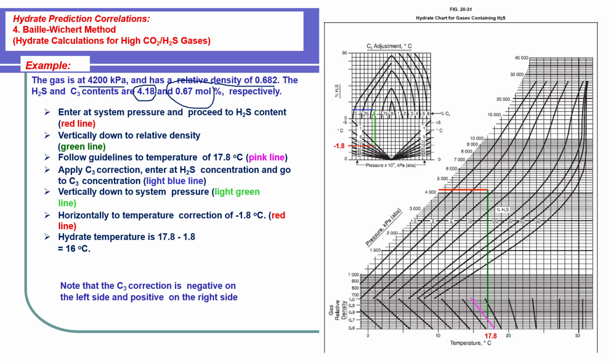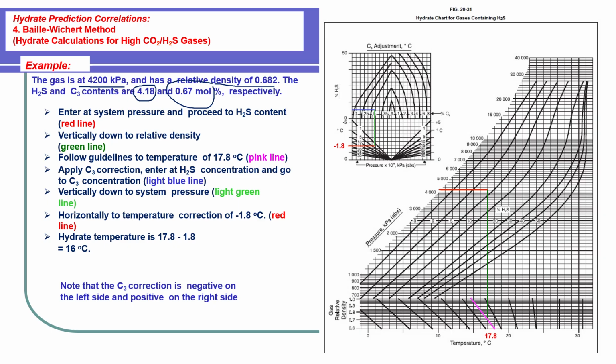So you need now to calculate how much is the hydrate temperature for this gas stream. First of all, since we are dealing with a gas stream that has high content of H2S and CO2, we have to use what we call the Bailey-Wishart method chart. And as you can see here, the chart is slightly complicated, where you can see the pressure